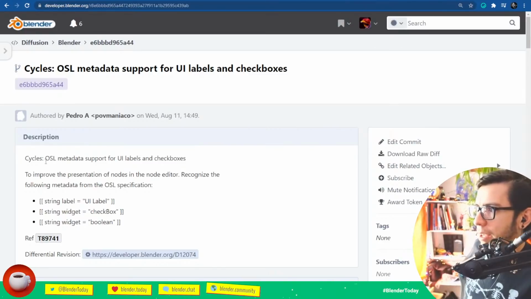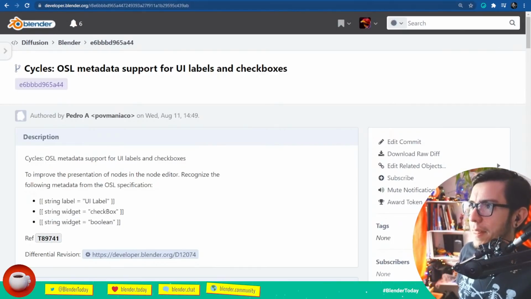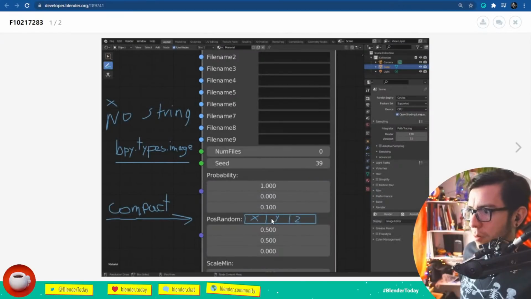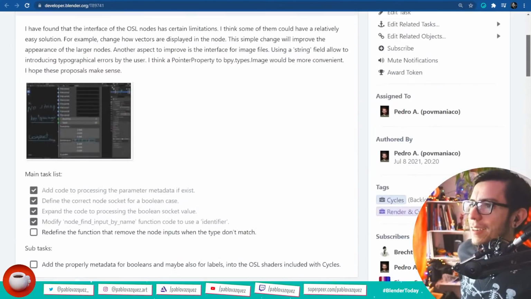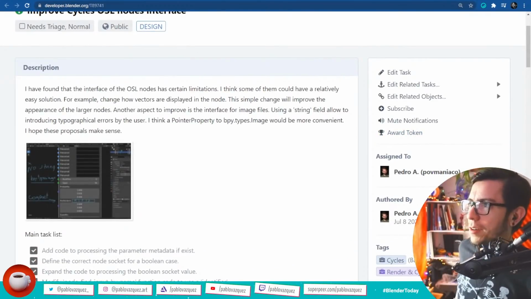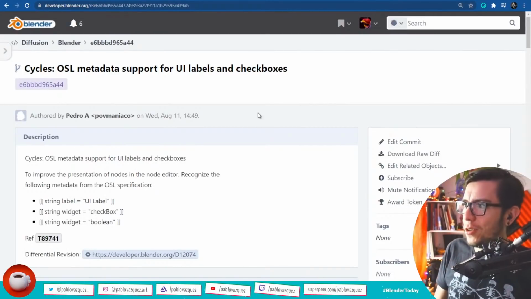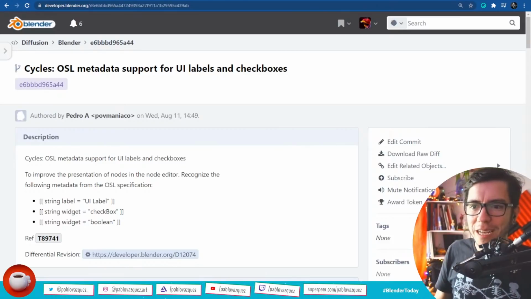To improve the presentation of nodes in the node editor, it recognizes the following metadata from the Open Shading Language specification: UI label, checkbox, and Boolean. And then here, there are a few drawings. If you look at the task, you're going to find the entire list of changes done by Pedro Puffmaniaco. Thank you, Pedro, for working on it. So cool to have you adding stuff in Blender master.